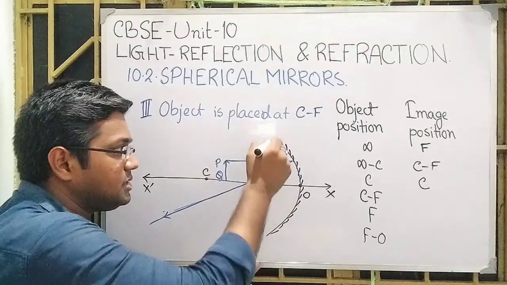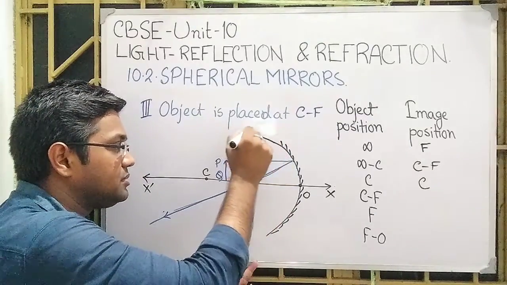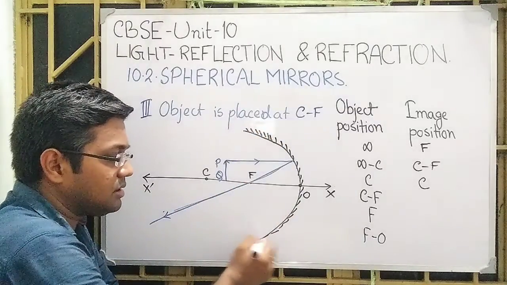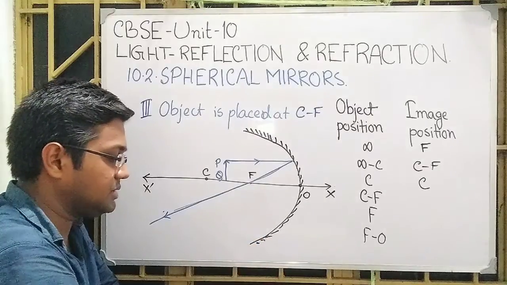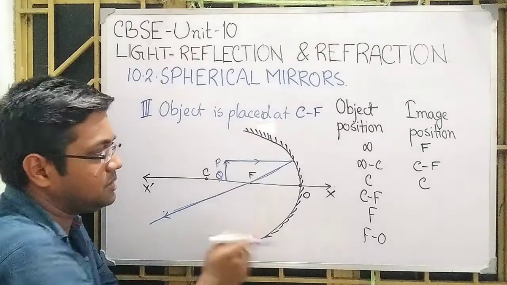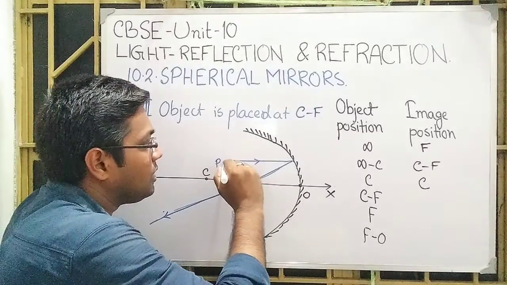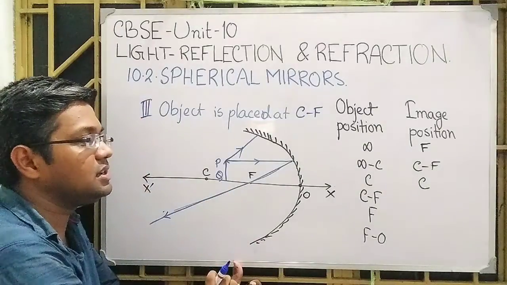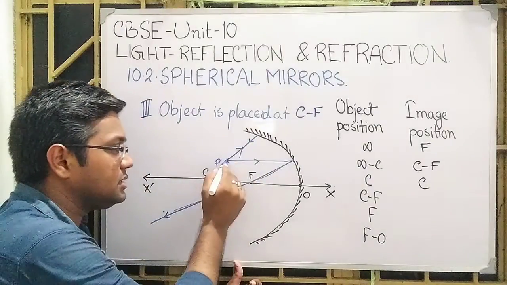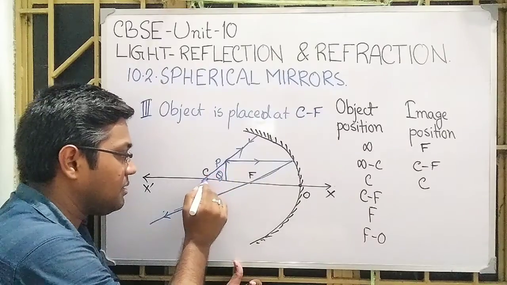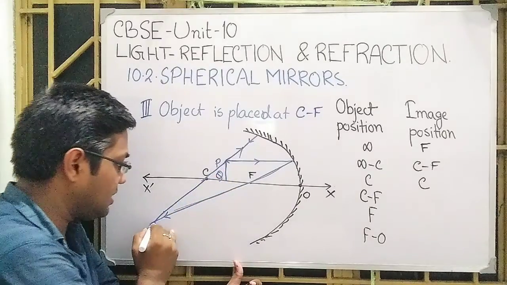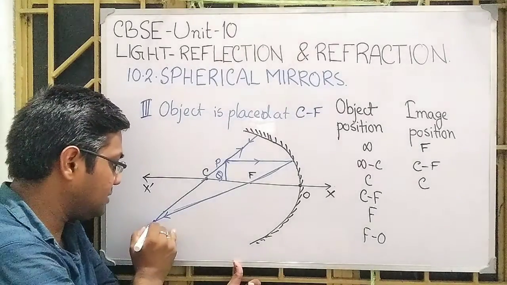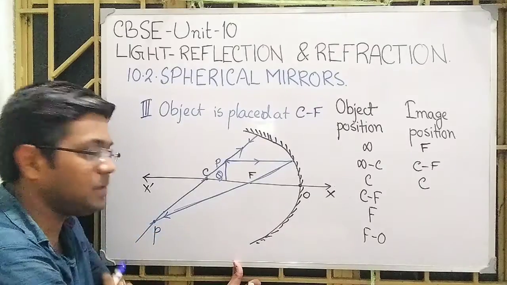Here I have to extend the aperture of the mirror a little bit, since it is approaching towards the mirror, so we can draw it this way. So this is the mirror. If it is incident normally on the mirror, it retraces its path, and after that passes through the center of curvature and meets somewhere here, so this point is called small p.